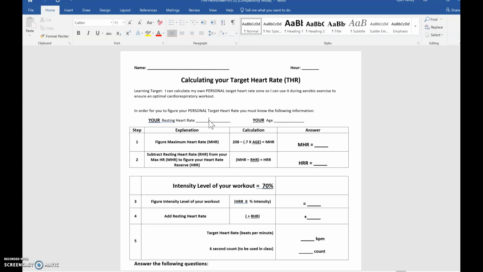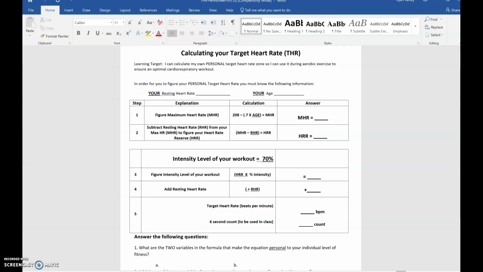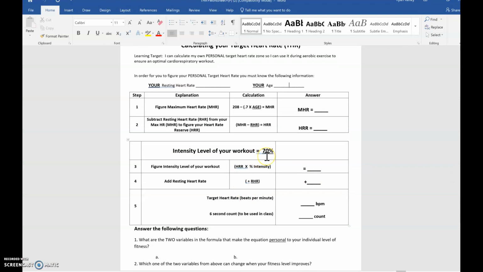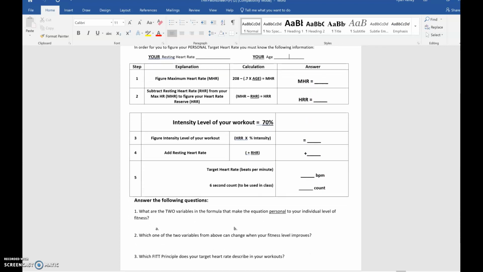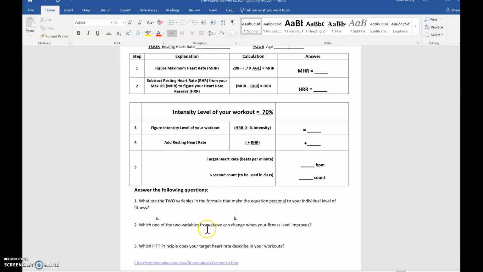When your timer goes off, take that number and multiply it by 6 to give you what your resting heart rate is. So during that 10 seconds, if I count out, say 10 beats, I'd multiply that by 6, and that would give me a resting heart rate of 60. Once you have your resting heart rate and your age, go through all the steps here on this document to help you find what your heart rate will be at that 70% level. Make sure you fill in all of these blanks here because it will help you once you get over to the other document. Here are a few more questions that will be on that quiz as well